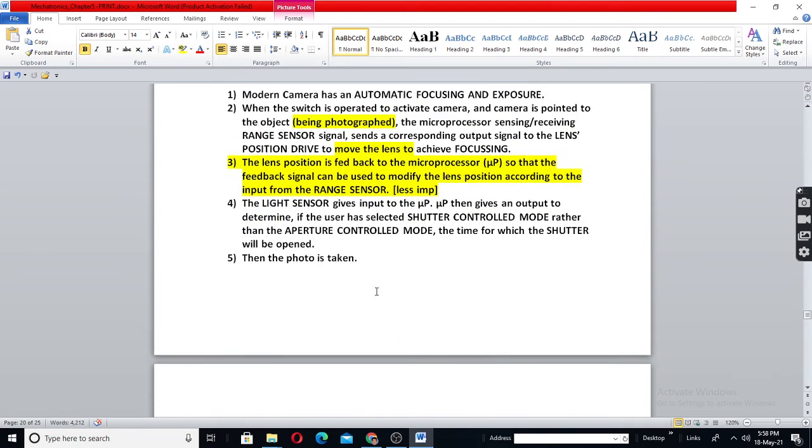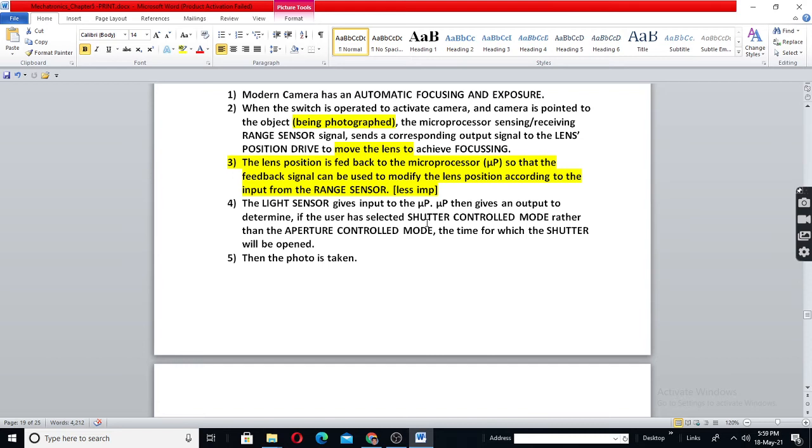Now here is some idea about the shutter control mode and aperture control mode. If you want, you can remember. Otherwise, no need to bother about that. In shutter control mode, you control the amount of light falling on the image. That will be only for a very small fraction of a second.